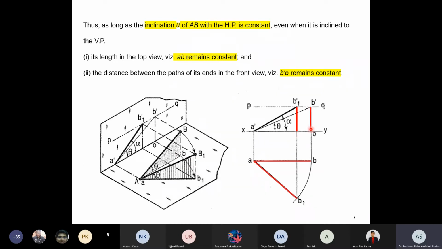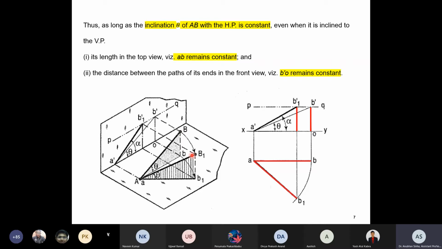So that is what is being projected in the front view. When you are doing construction, you can create a straight line PQ along which your point B will vary. B will move along this straight line, and for moving in the top view, you can create an arc so that this distance remains constant. This will always be equal to this if you're rotating, and this height will remain the same, or B dash O remains constant. That is the whole idea. And basically we are talking about a line which was parallel to the vertical plane, and I rotated it to make it intersect with the vertical plane.